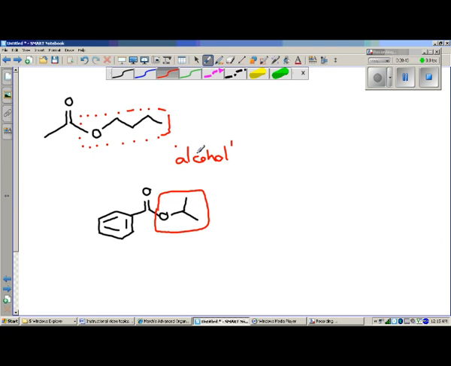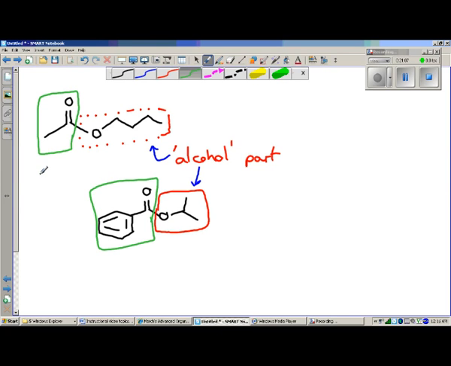It's not really an alcohol, but it looks somewhat similar to an alcohol, so we'll call it the alcohol part. Right? And then we also have what we'll call the acid part, where there's the carbonyl group. Right? So this is the acid part. Okay, like so. And as far as esters go, the first thing you always do is to name the alcohol